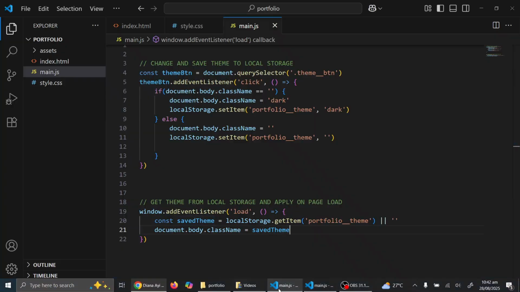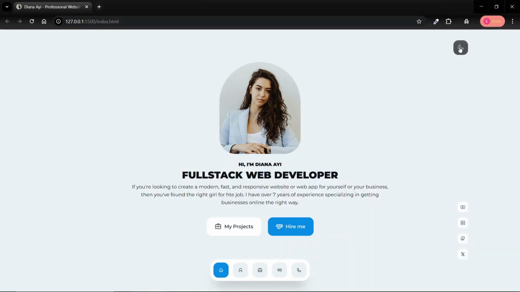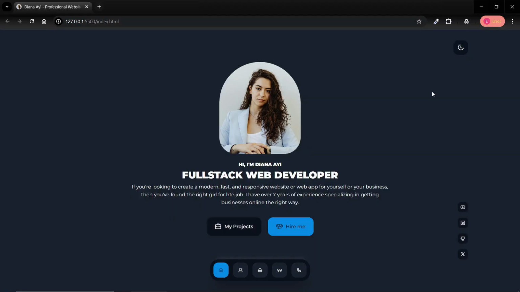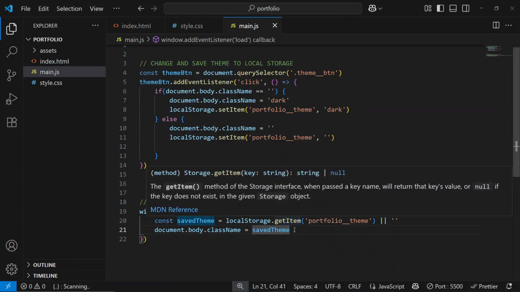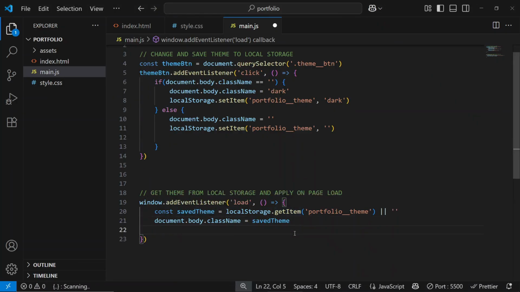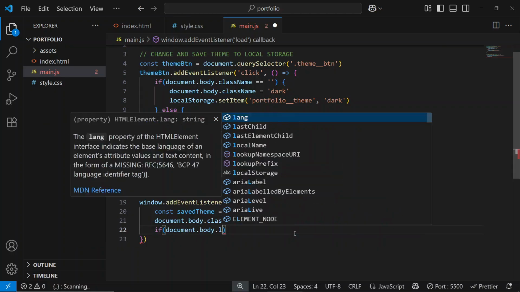All right, so what we need to do now, of course, if you pay attention, you can see that the icon in the button is actually not changing. So if you're on light theme, then I want the moon icon to show, and if you're on dark theme, then I want the sun icon to show. Okay, so let's try and apply that, and I'm going to start here and say if document.body.className